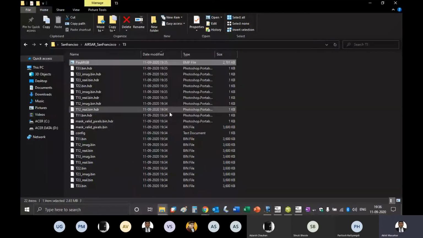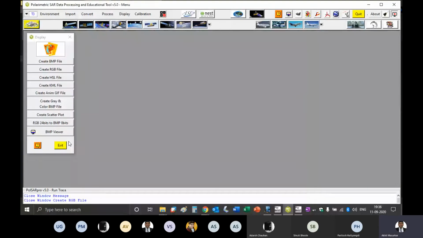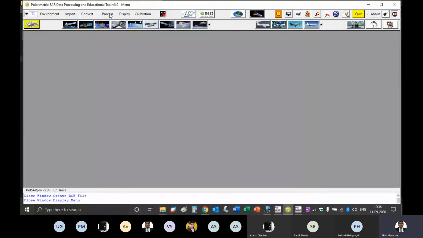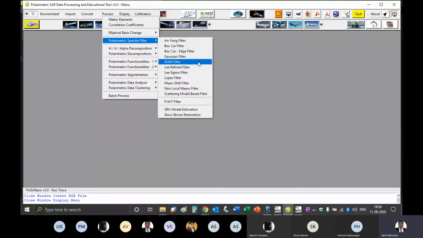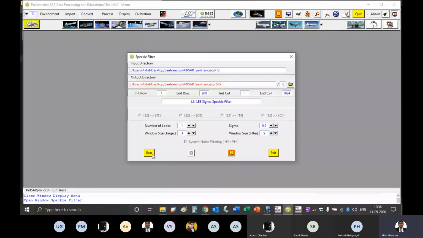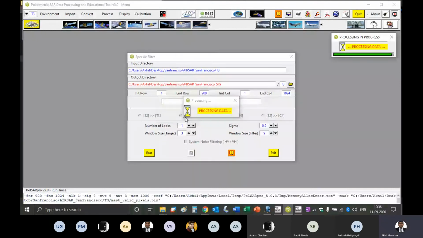So let's clean it by using process, filters, the polarimetric speckle filter. Then we have Lee Sigma filtering. Leave the defaults. Say yes. So the filter is getting applied on the image, and I should get another folder here.